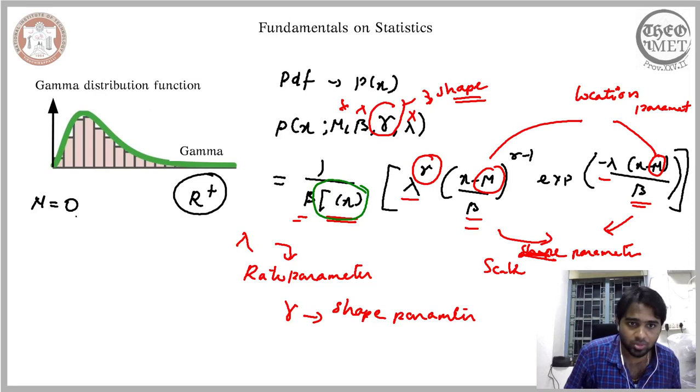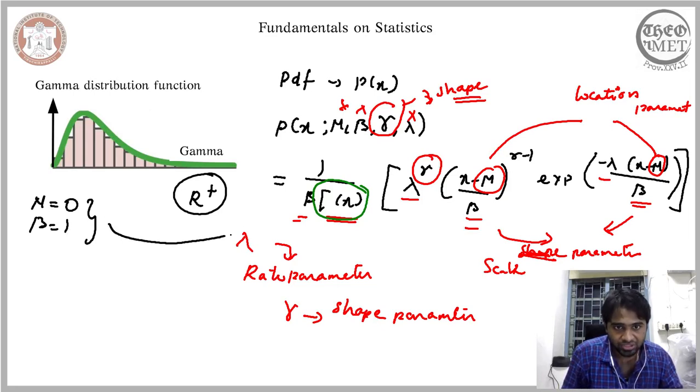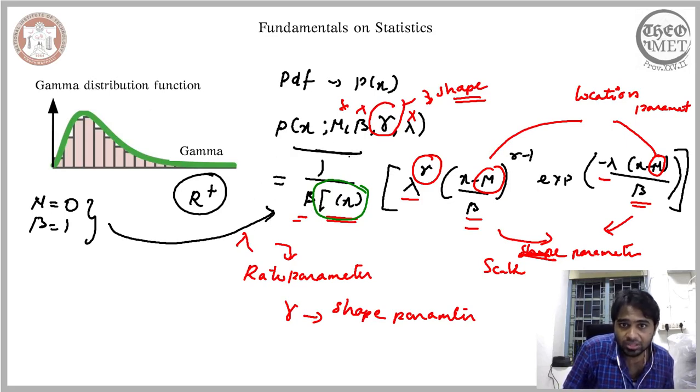So the mu is 0, and it is possible for us also to assume that the scaling parameter beta is equal to 1. Now when we introduce such conditions to the generalized or the rigorous expression of the PDF, P of x, of the gamma distribution, what essentially then